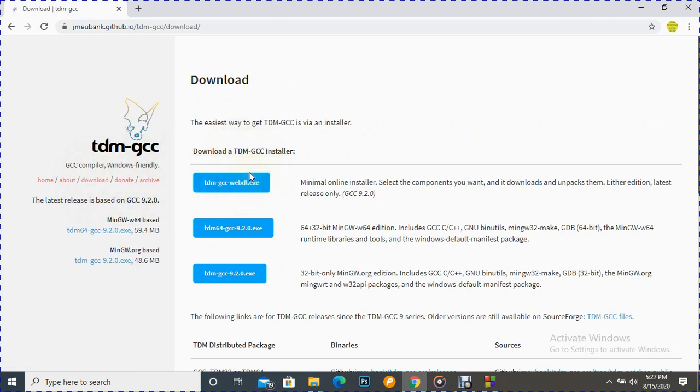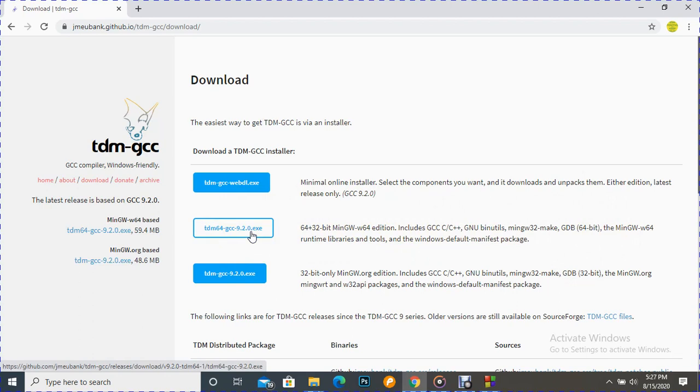As you click download, we can see three downloading option buttons. The middle one is for the 64 plus 32-bit MinGW-w64 edition, which includes GCC, C++, all compilers here. It is useful for 32-bit as well as 64-bit, so it is very powerful. Just click this one and it downloads.